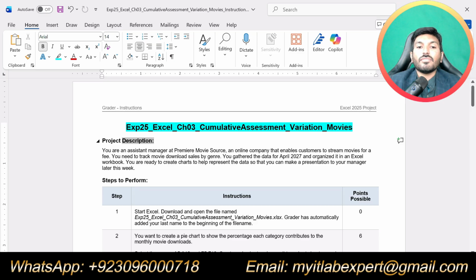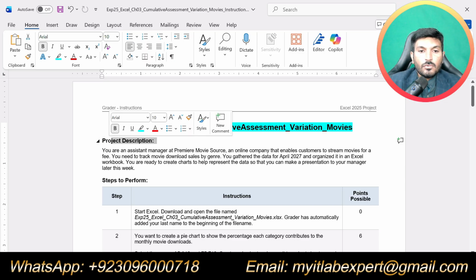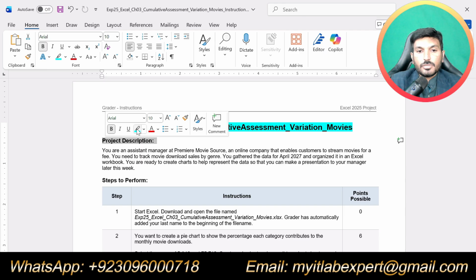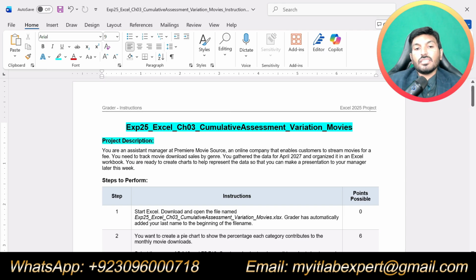So at start of the instruction, you can see the project description. There is nothing else to do in project description, but I suggest you read this project description so that you can get an idea about the assignment.